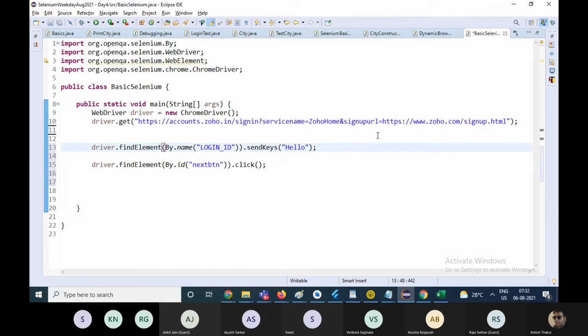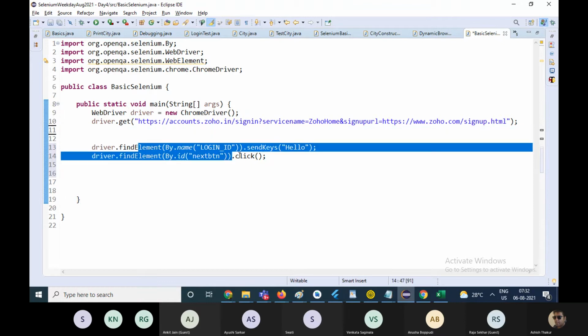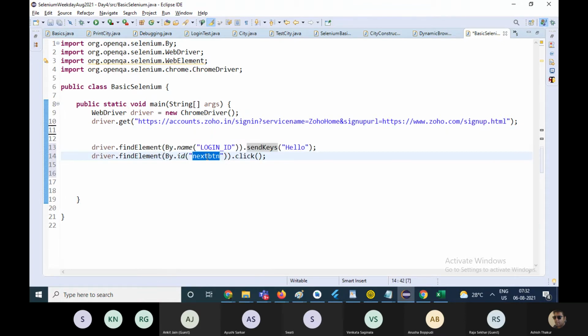You just need to write 1 line. So to interact with one element, you write 1 line. First, you find the element, the web element, the highlighted portion at runtime will be the web element. And on that web element, you fire the function. Okay. Now, what if the element with the given ID is not found?